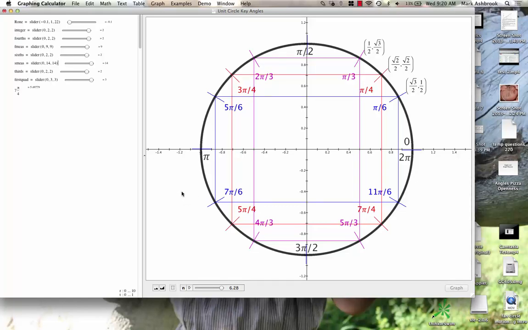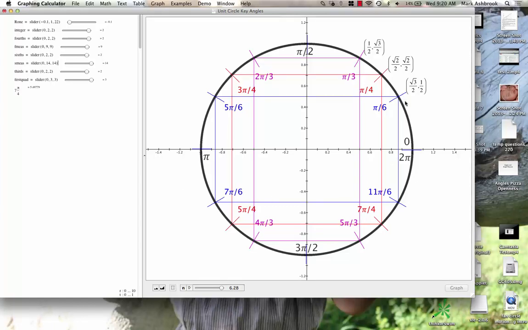So then what happens is, for some students, we learn these 16 key angles, and it's like, then these are the only 16 angles. How many angles are there from 0 to 2 pi? An infinite number of angles. These are just the nice, based on symmetry, these are the nice angles that break up the quadrants into 2 equal angles and 3 equal angles. But